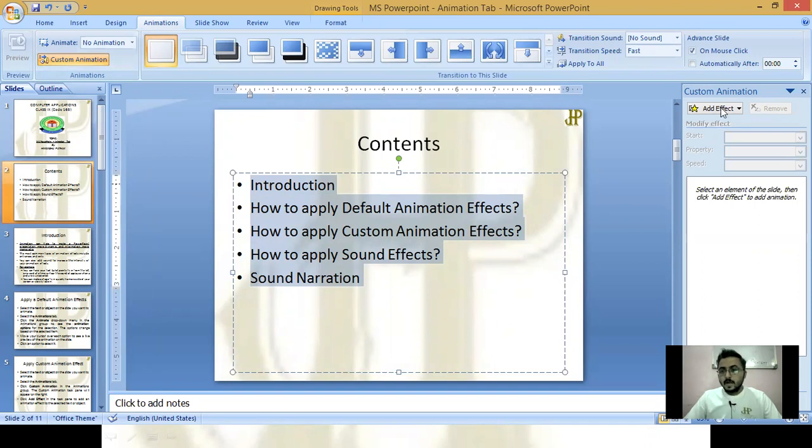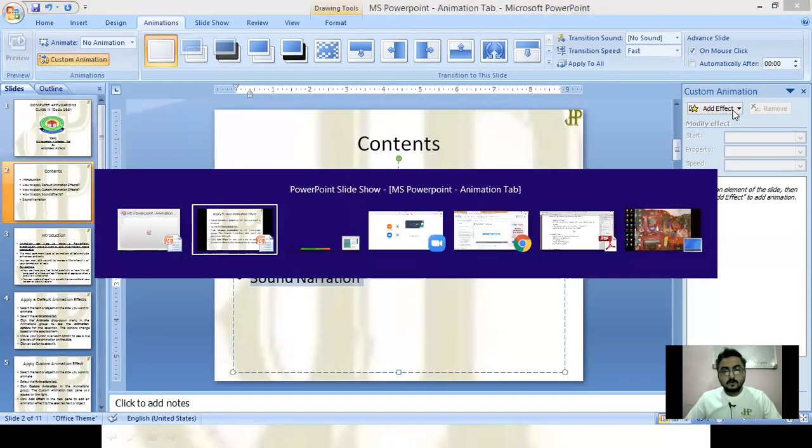From here, you have to choose Add Effect. In Add Effect, there are 4 options available: Entrance, Emphasis, Exit, Motion Path. So what are they? First of all, learn it.